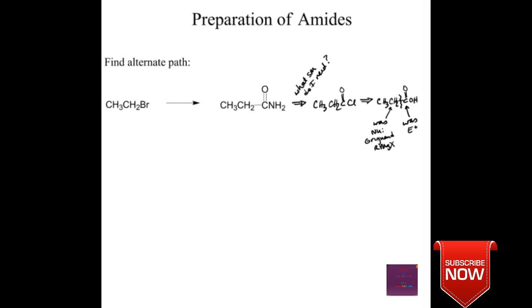RMgX makes any random carbon group nucleophilic. And so what electrophile do you react the Grignard with to make this carboxylic acid product? We need an electrophile with a carbon and two oxygens. I think that's carbon dioxide. Yeah, we saw the reaction of a Grignard with CO2 as a way to make a carboxylic acid. So this would be another path to doing this transformation. We could add in magnesium to make the Grignard reagent, where it just inserts itself into the carbon-bromine bond, and then we can do carbon dioxide followed by workup